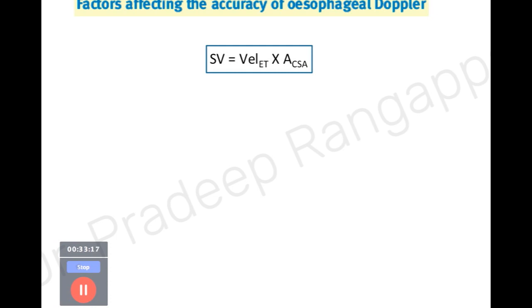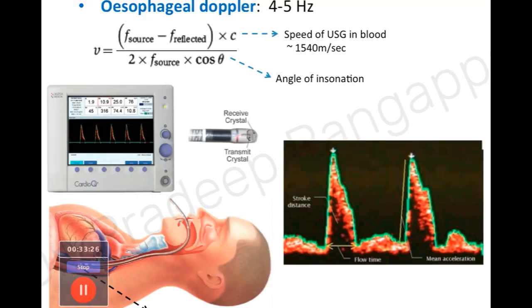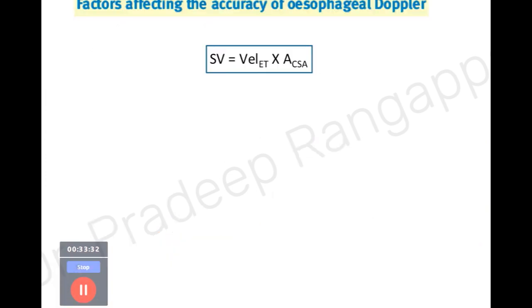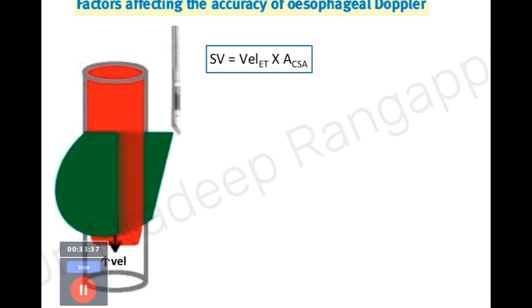So stroke volume is calculated same as echo. In echo you got LVOT VTI, here you get velocity ejection time. Velocity ejection time is calculated from the waveform that is created by putting the esophageal Doppler into the aortic cross-sectional area. Very similar to the echo principle. So you have an esophageal Doppler directed against the aortic valve, aorta, and the velocity of blood is measured,